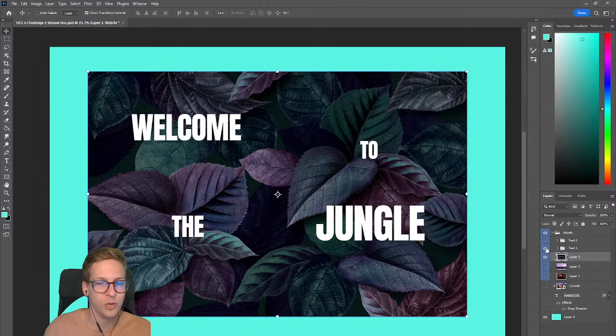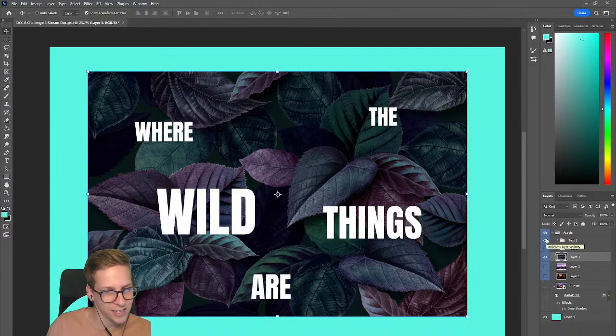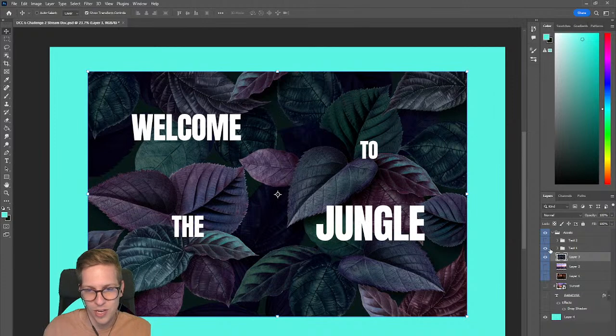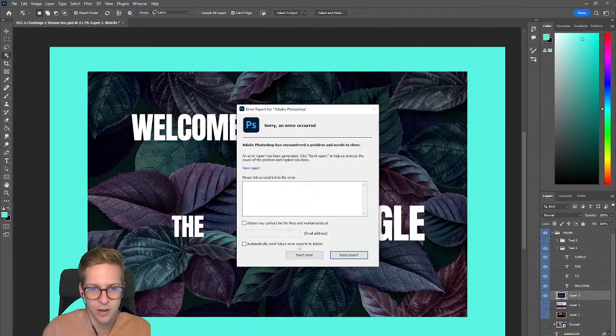I tried to do two different things. Welcome to the jungle. You can see I varied the text size for emphasis. I gave it a good flow. I also had where the wild things are, but I think we're going to go with welcome to the jungle here. So what I want to do is use my object selection tool for this. I love the object selection tool. Very, very useful. It can be very, oh no,